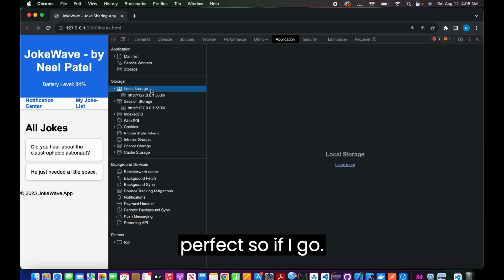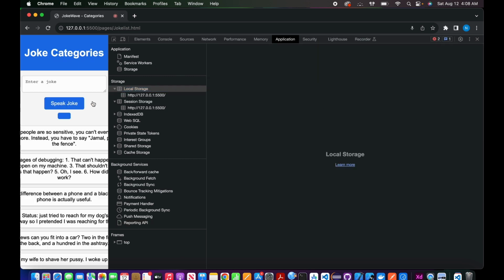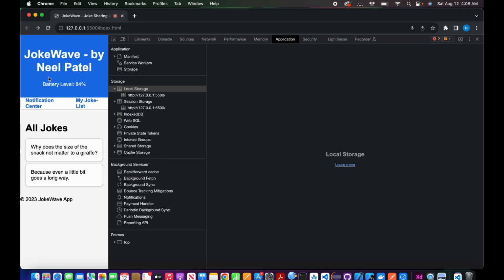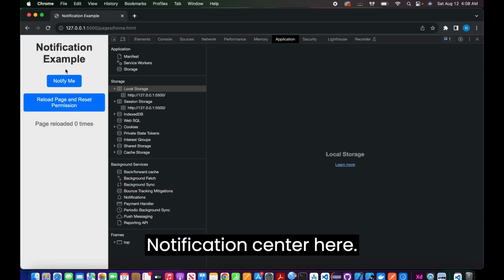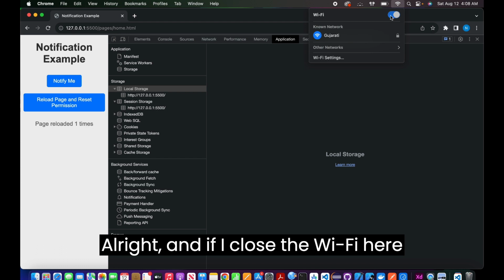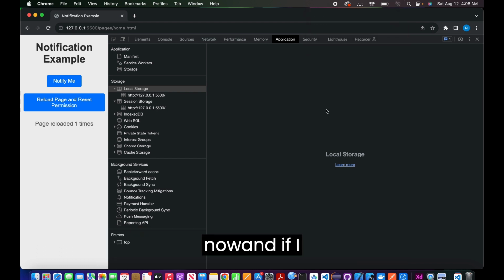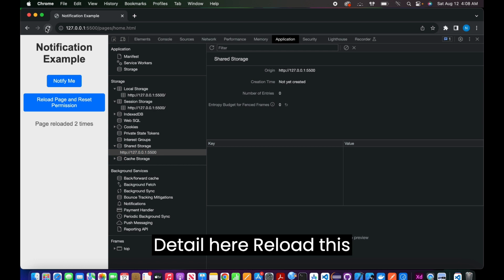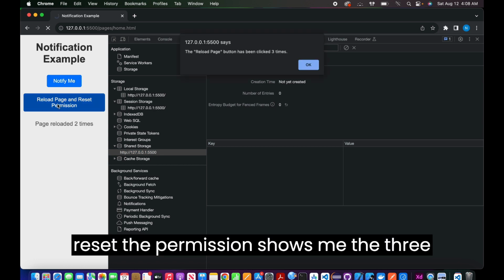So if I go to my joke list, or if I go to notification center here, alright, and if I close the Wi-Fi here now, and if I check for the detail here, if I reload this, if I reset the permission, it shows me the 3 times it is